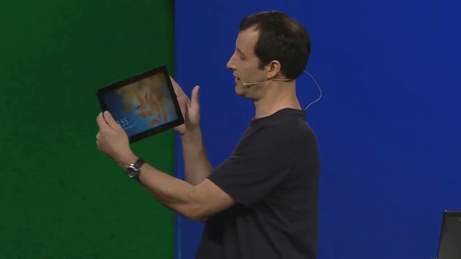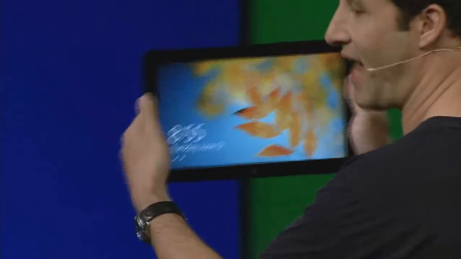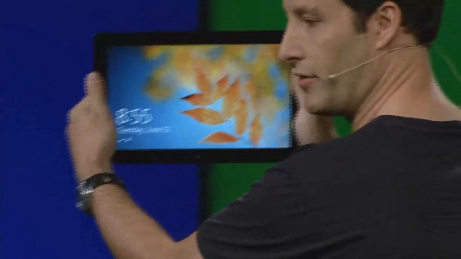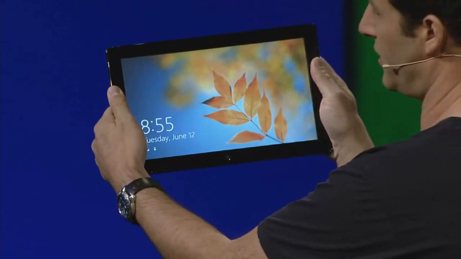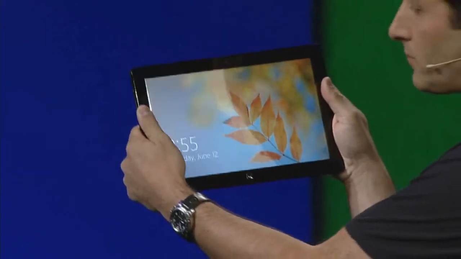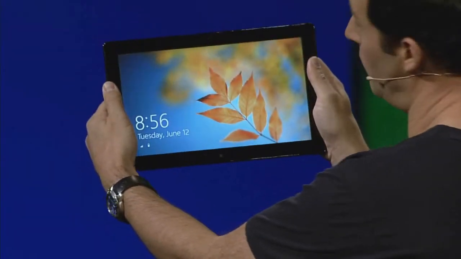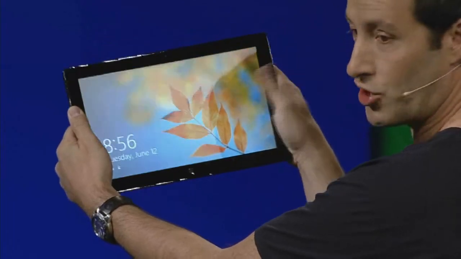And if you think of a tablet like this, I will hold it. The most natural way to hold that tablet is to just hold it in your hands like this. And if you notice where my thumbs are, they're just sitting on the bezel of the screen. So one of the motions that's incredibly easy to do is to just swipe with my thumbs. And you'll see how we use these swiping motions in the edge of the screen to bring up system-wide UI